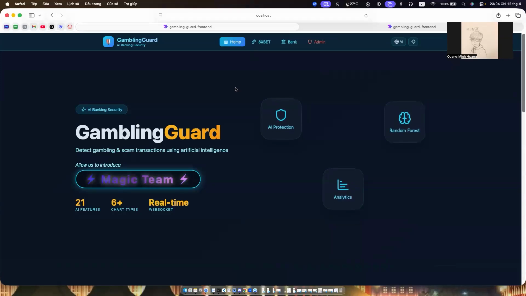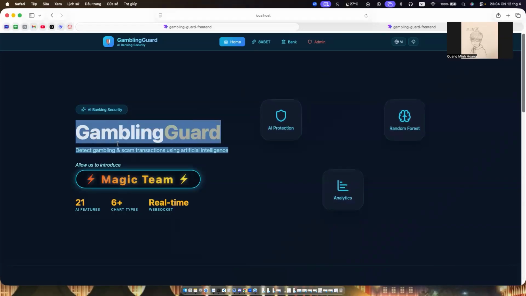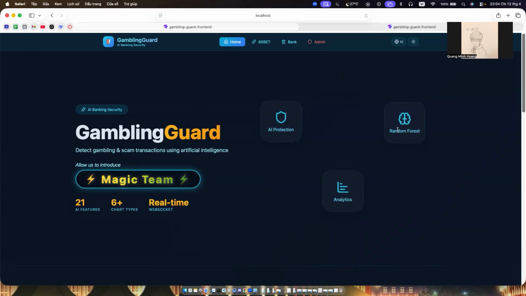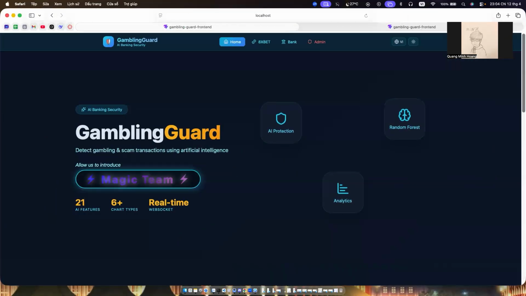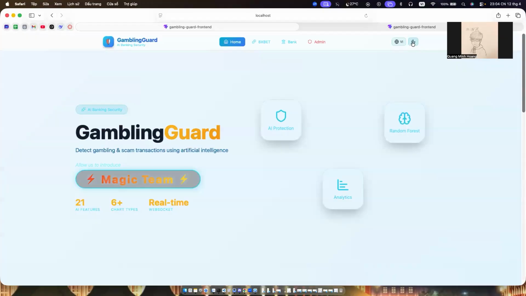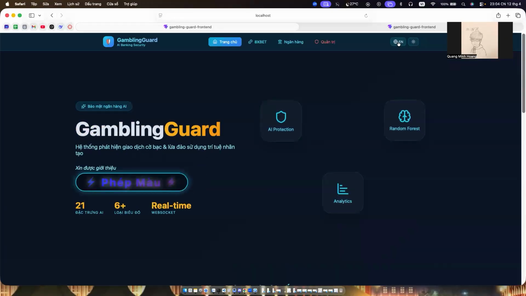Hello everyone and welcome to our presentation of Gambling Rock, an AI-powered banking system for detecting gambling scam transactions in real life. So this is our landing page designed with a responsive layout. As you can see on the screen here, we can easily move it onto the mobile, and also with the dark light mode you can see on the menu taskbar here, and also you can change the language